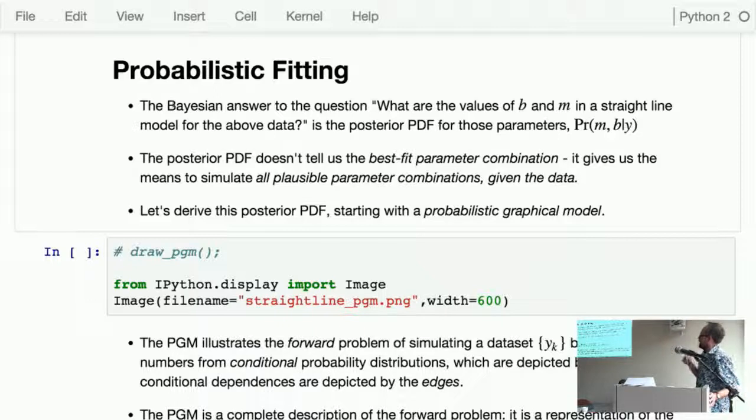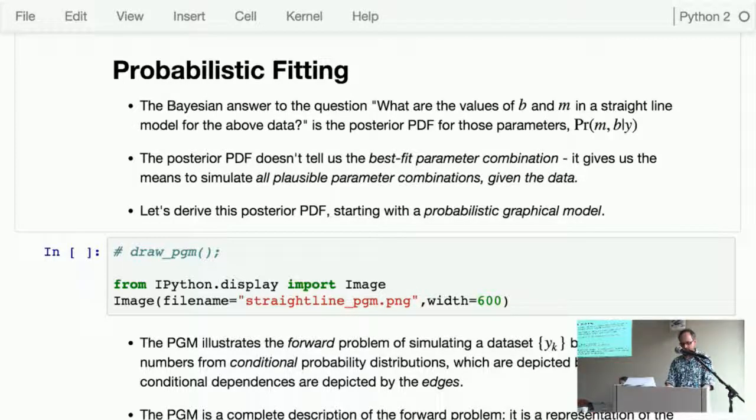Okay, so we're after this posterior PDF for the parameters given the data. And so let's derive this posterior PDF so that we can calculate it. So we're not looking things up in recipe books here. We're deriving from all the first principles that Brendon showed you what to do with actual data. So let's spend some time doing that. So the first thing we do, or at least it's often helpful to do, is